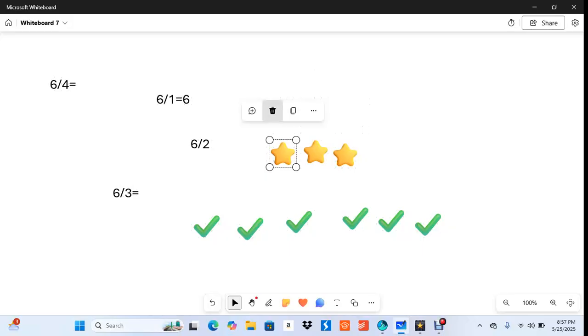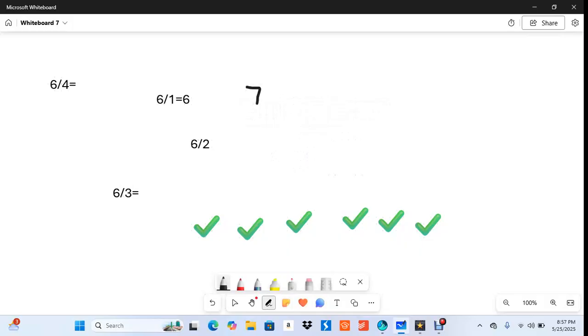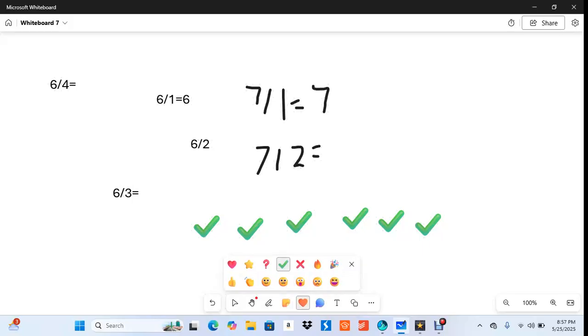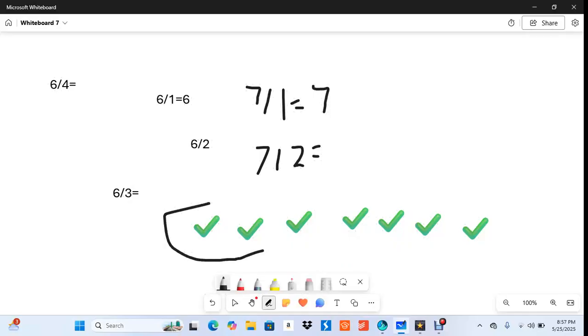So how about we already know 7 divided by 1 is 7. Okay, we know that. So if we know 7 divided by 1 is 7, what would 7 divided by 2 be? Okay, so let's draw out. I already have 6 things drawn out here, so let's just add 1 more. Okay, so for 7 things here, I'm going to count by 2s and circle a group each time I count